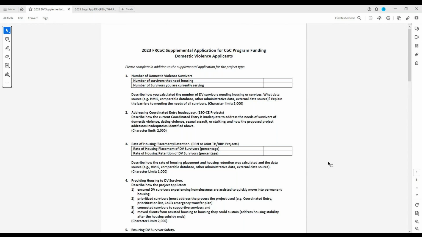So that's why there's those extra questions. But looking at just how you provide trauma-informed care, ensure DV survivor safety, and still be able to move people as quickly as possible to housing. So there's lots of questions about those. Happy to answer any questions about how you get data or help with any of those for any of our projects, really, not even just domestic violence.